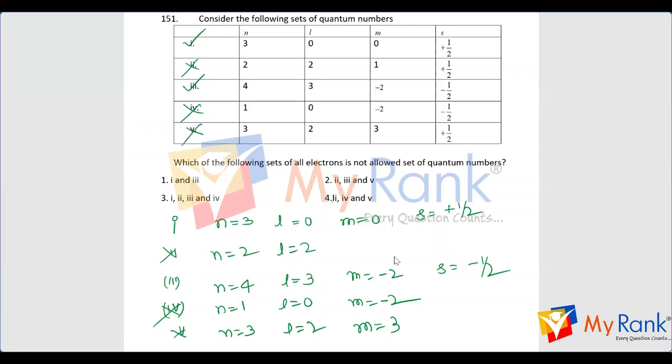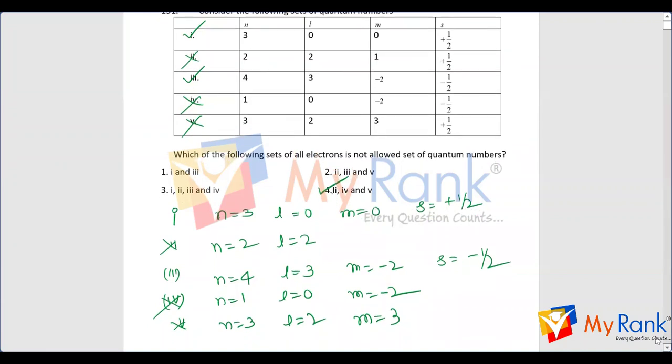So the first and third are possible. The second one, the fourth one and the fifth one are not possible. Therefore, this one is your correct option. Next one, the question number